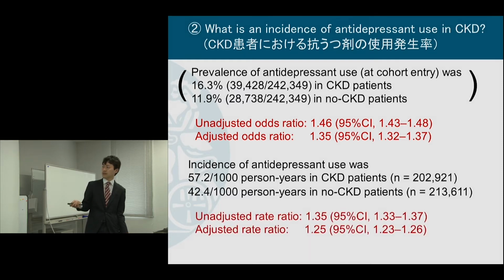And I also did survival analysis. In this case, I used Poisson regression analysis, but you could use Cox regression as well. And this was 1.35 and 1.25. So this is adjusted analysis. But I believe that these crude values are more informative in this case. But in medical journals, reviewers or editors like adjusted analysis. So it's not bad to show these adjusted analysis results.